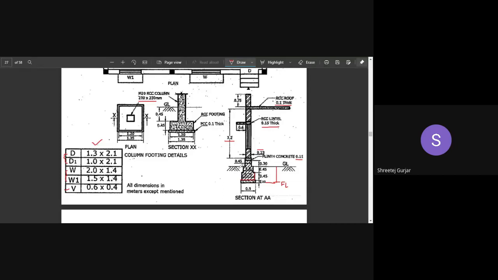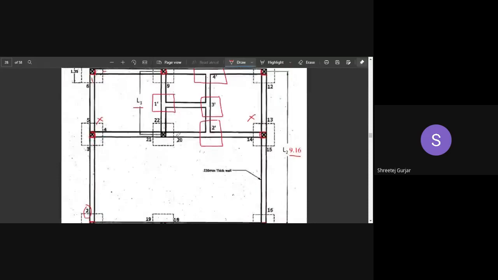So what is the level of this step? This step is at a level of 0.9. At 0.9, you have to look for the width which is over here. Width at 0.9 meters is what? It is 1.2, right? So this width we need to consider, and that is what we will substitute over here.